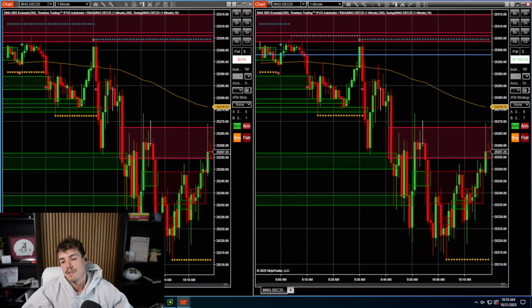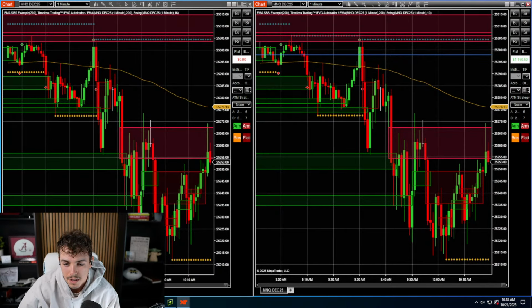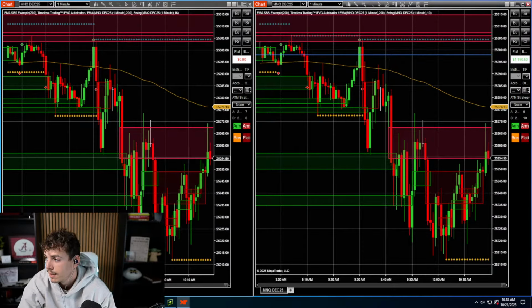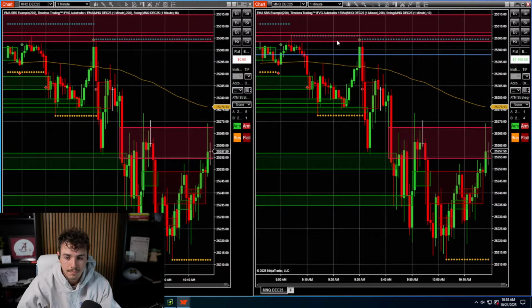Oh my god. What is this action, man? ES, of course, slowly climbing to the upside. And that is a break-even trade. Okay. I need to break over this 1 minute gap here. I took a long right here on this green candle. Stop loss at break even. I would love if it could move up here, but